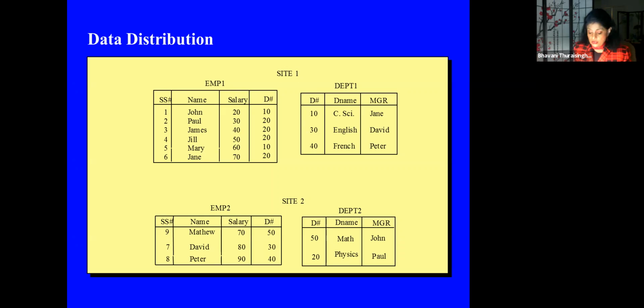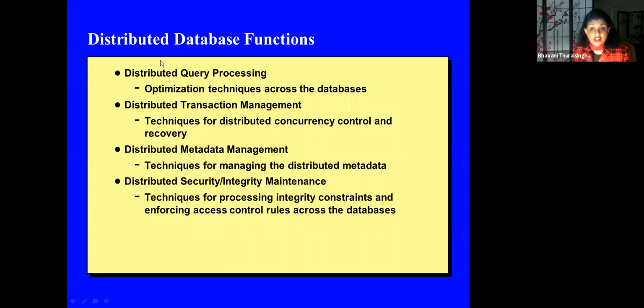Okay, so distributed database functions, in particular, include query processing. So you have query processing in central sites and query processing across databases, right? When you query for all of the employee information from, say, Los Angeles, it will have to go and query the data in Dallas, as well as in New York City, put all the data together and give it to the user. And so some of the research challenges at that time were optimization across the databases.